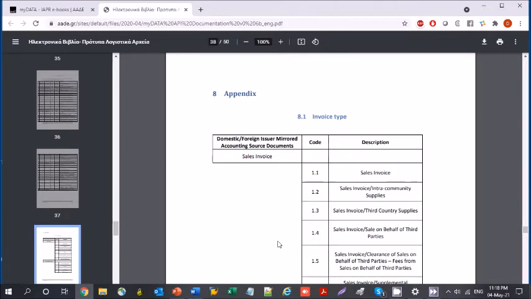In SAP, these outgoing invoices relevant FI documents may be posted either from Sales and Distribution module SD using transaction VF01 or from the Financial Accounting module FI using transaction FB70. The main variation is related to the country of the customer. Thus, 1.1 are sales invoices issued from the company to domestic customers, 1.2 are sales invoices issued to EU customers, and 1.3 are sales invoices issued to third countries customers, including the Great Britain.